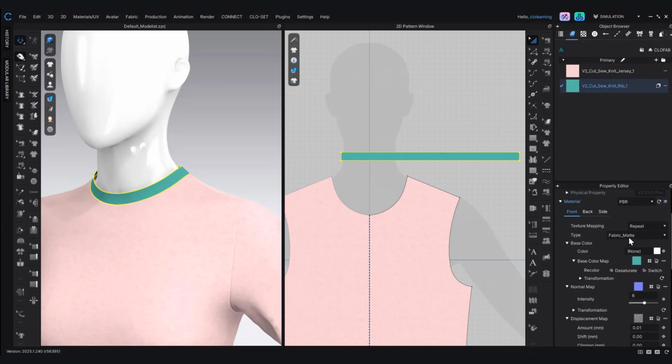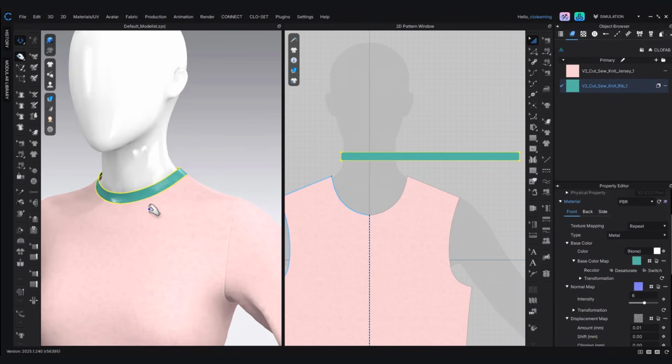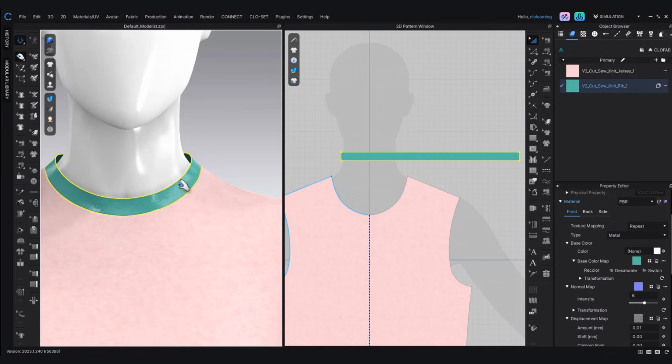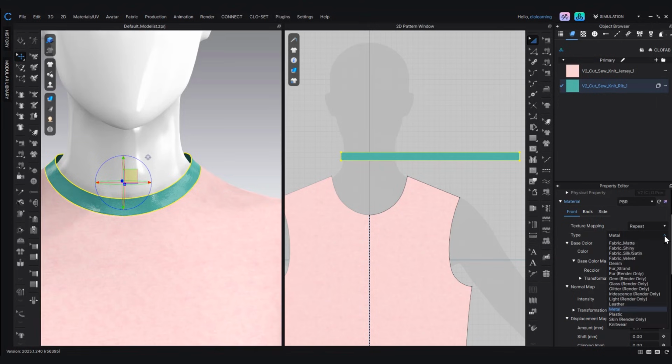Next, below, type, fabric matte. Now, there are a lot of different fabric types here to choose from. Something important to keep in mind in this material section is it is only the visual of what it looks like. It will not change the physics. So if I said, hey, I want to change this to metal, it now actually has a metallic sheen to the neckband, but I've not changed anything about the physical properties. So do keep that in mind. I'm going to go ahead though, it's a rib. I'm going to change that back to